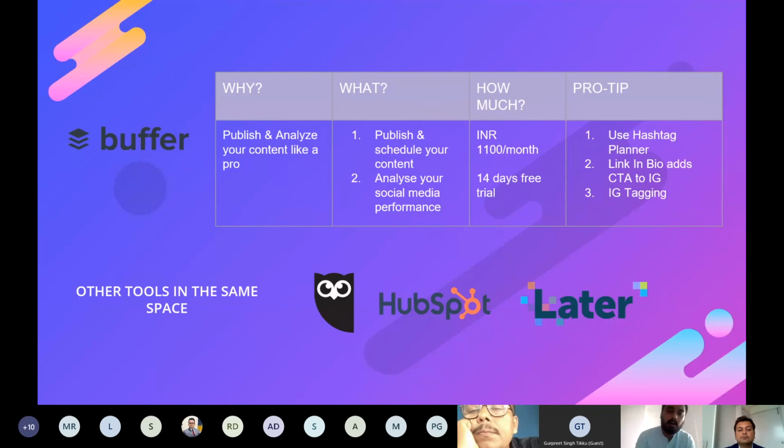So even if I want to tag certain people for a post that I'm putting up tomorrow and I want to schedule it, I can tag all of those things. I can tag my products. They have a hashtag planner built in the app. So basically, if I have certain hashtags that I want to go with the post, they can put that up for us. They can even recommend what hashtags are going to be best when you're putting up a post. So it automates a lot of those things, which ends up taking a lot of your hours, right?